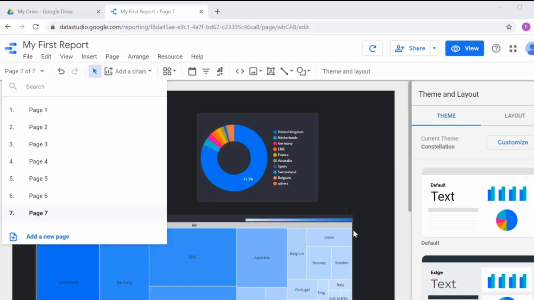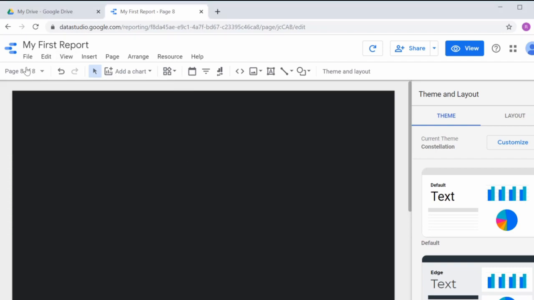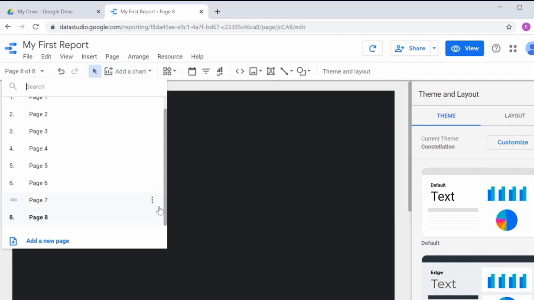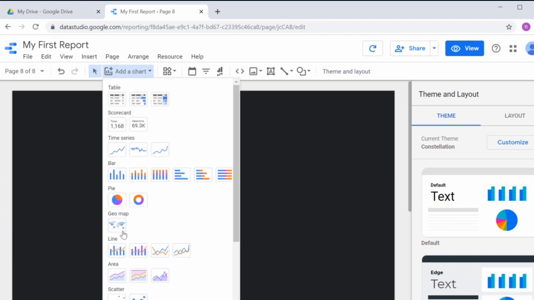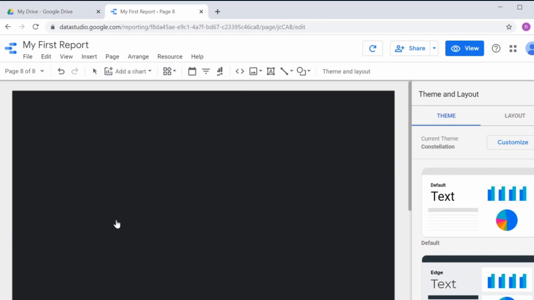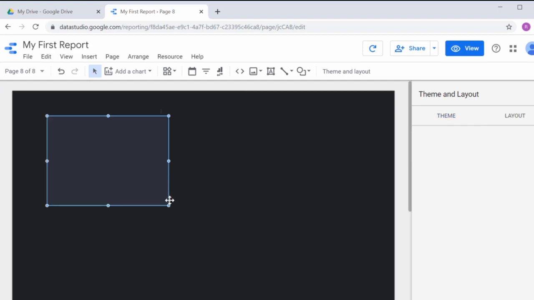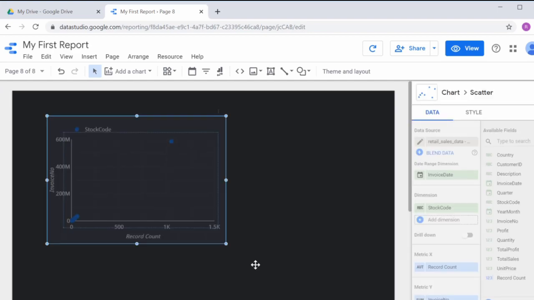plots next. Okay, so now we're going to move on to scatter plots. So now let's create a new page again, page 8. Just in case you're wondering, for page 8 you have to scroll down to see it, otherwise it's going to look like it's only up to page 7. Okay, so let's create a new slate here, and we're going to do a simple scatter plot. So just follow along and I'll tell you why we're doing this scatter plot